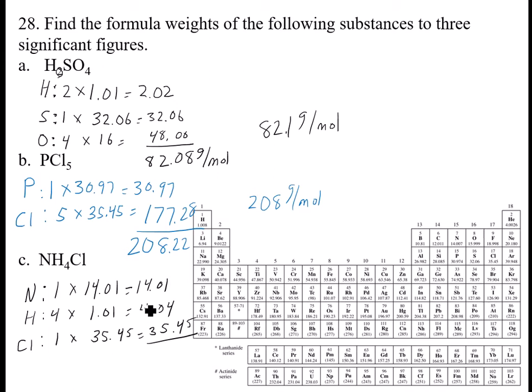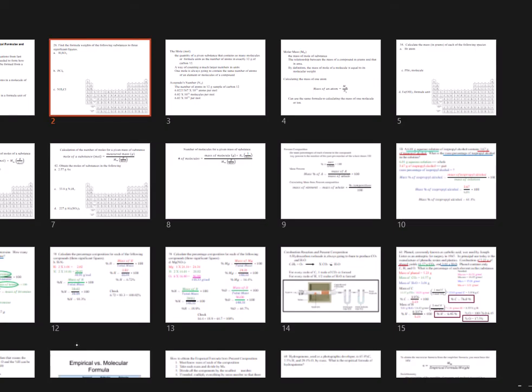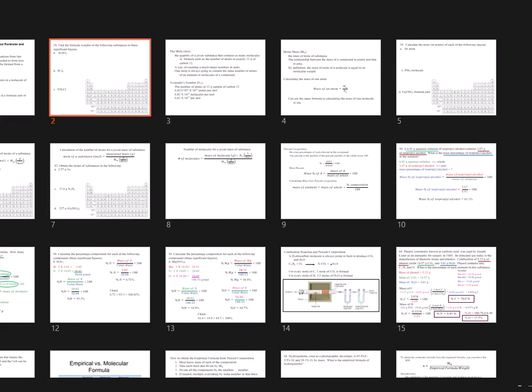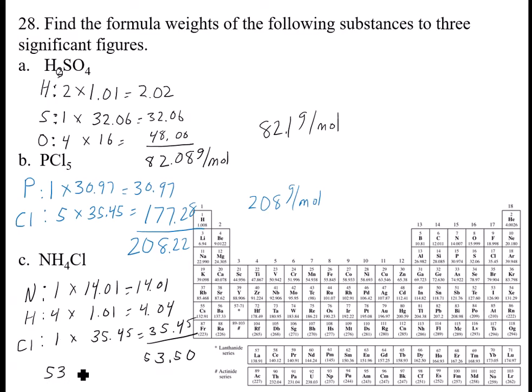And so when I add these together, that's 0.5, 8 and 5 is 13, so 2 and 3 is 53. So it is 53 point, oops, that was different, 0.5 grams per mole. And that's all for this particular